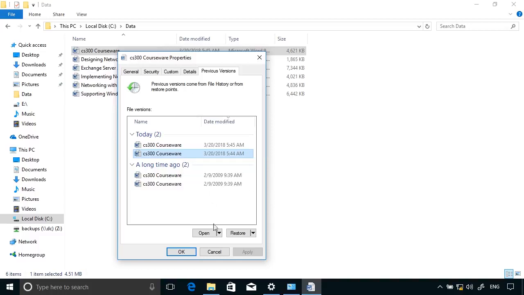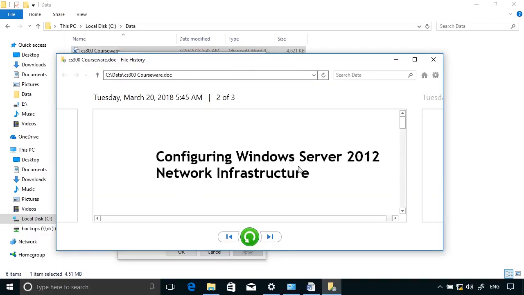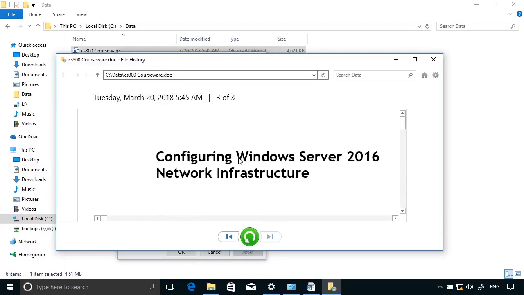If you're not sure, you can click Open the file, or open it in file history, and you can see here that this document has Configuring Windows Server 2012 Network Infrastructure as its title. This one, click on this, you can click Open in file history, and it shows me slightly different information, and based on that I can make a decision about whether this was the one I wanted to recover. So I can now click Restore to Original Location,